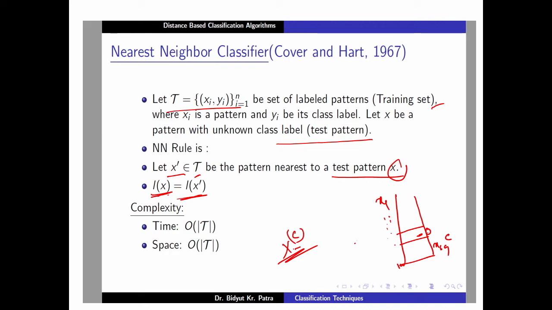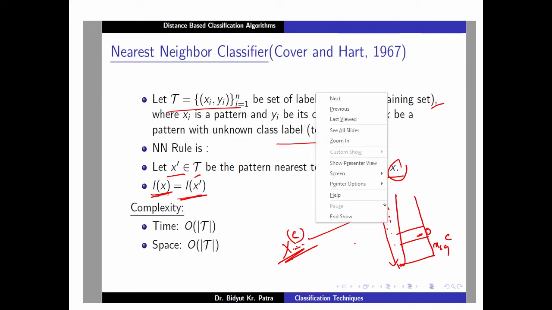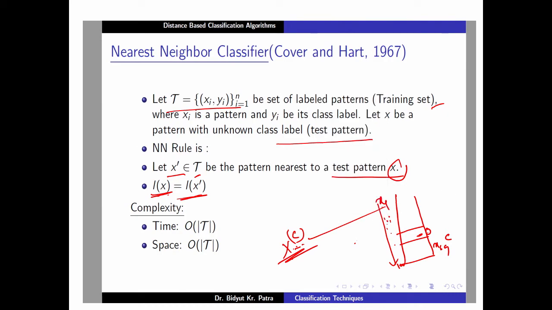So, what will be the complexity? You compute the distance from x to all points, and always store which distance is minimum. Initially the first distance is the minimum; now you go to the next distance computation, and if it is greater than the previous one, the earlier one remains the minimum, and you keep on doing this till the last point. So, complexity will be order of the size of the training data set. It is so simple, right, but in 1967 it was difficult.